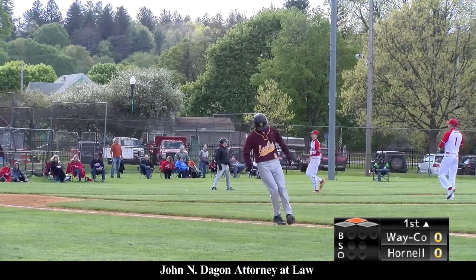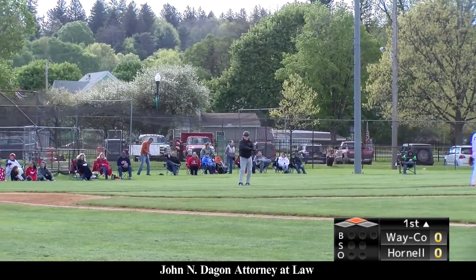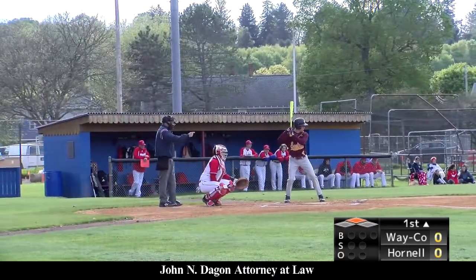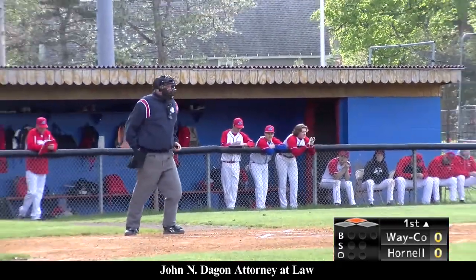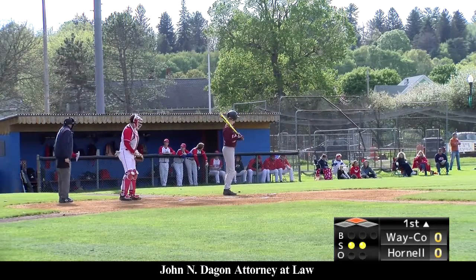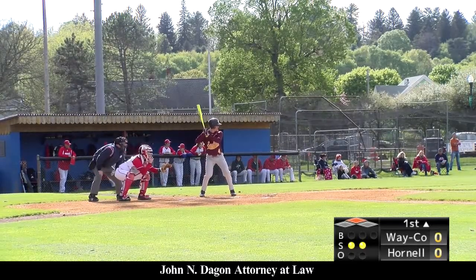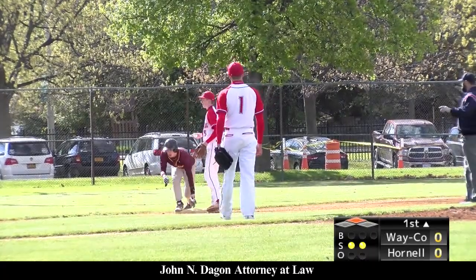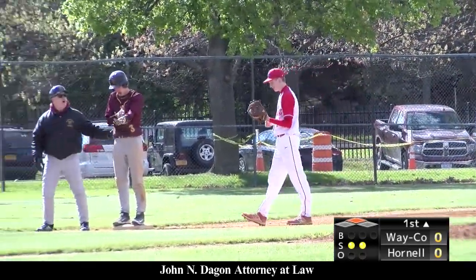Pop up, that time is going to be a foul. Another pop-up, trying to stay alive. Oh, and 2. Bats number 4, Jamie Carmen. Strike 3, throw him out. Or oh, he dropped the ball. Could have been a strike him out, throw him out play, but